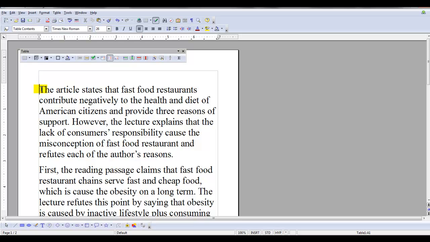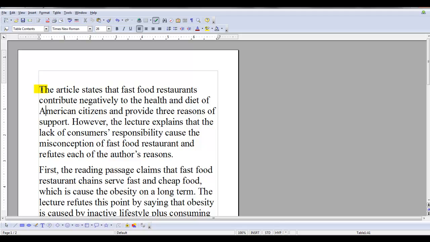And you took one of my integrated speaking practice tests. I think it's number 8. You read a reading passage, you listened to a lecture, and what I want to do now is to go over your particular response. Okay, so the article states that fast food restaurants contribute negatively to the health and diet